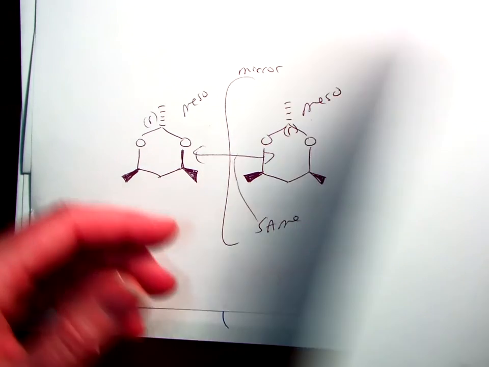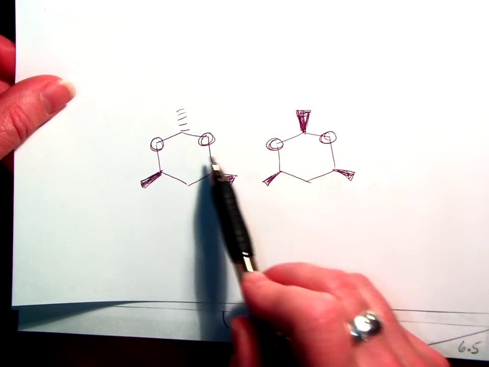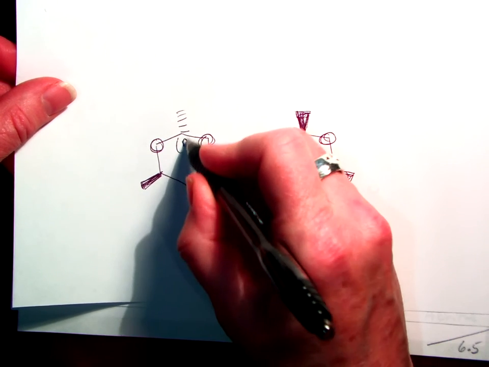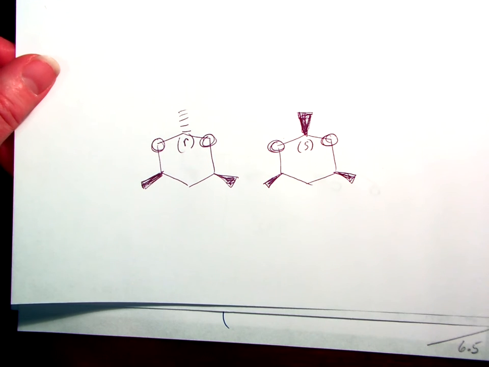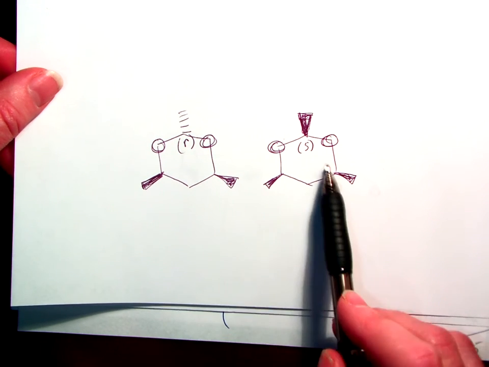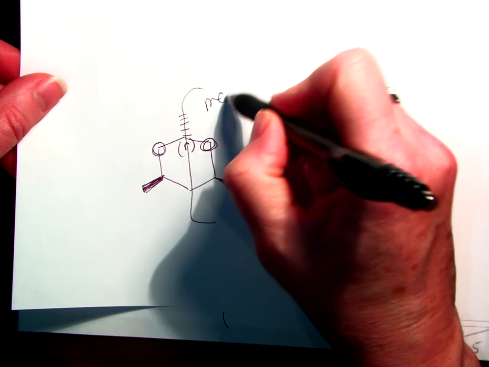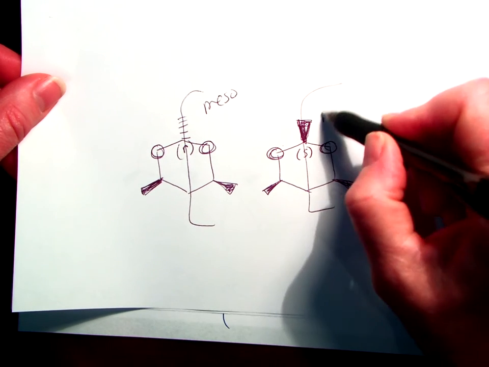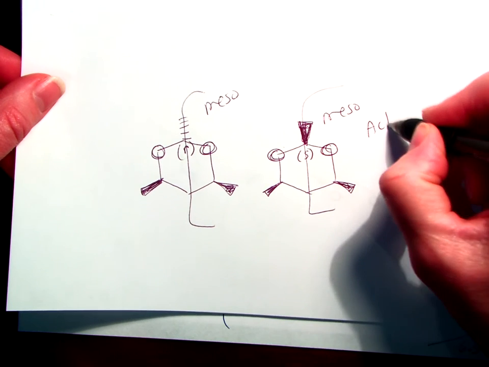But there exists another molecule where this is coming out at you. This pair of compounds exists where that is the R designation there, and this one's the S designation here. This exists as a different set of molecules. These aren't mirror images, right? This is a meso compound. This is another unique meso compound, but both are